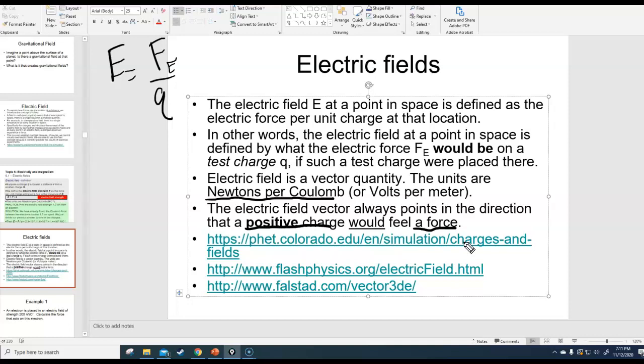If I don't actually have a charge with me, there's still something there. And so that's why it says would. I don't have to have a test charge to know there's an electrical field at every single point in space in the universe. I also underlined a